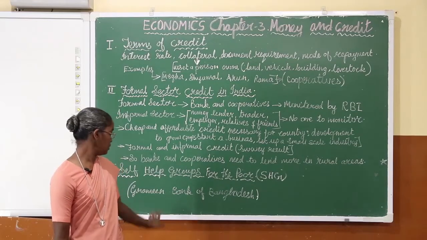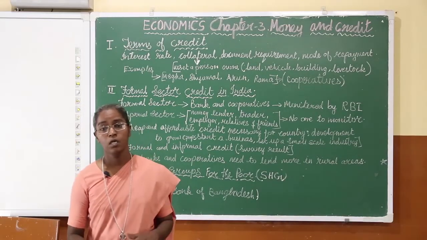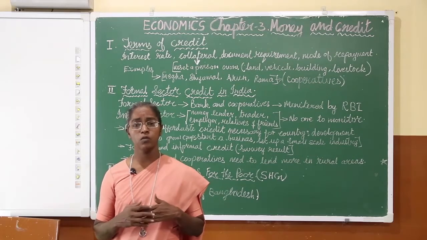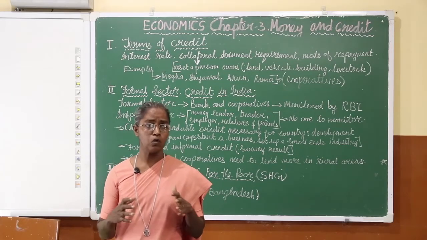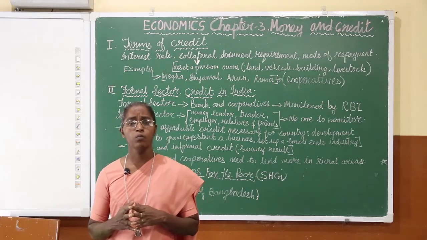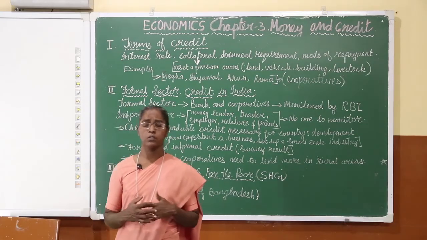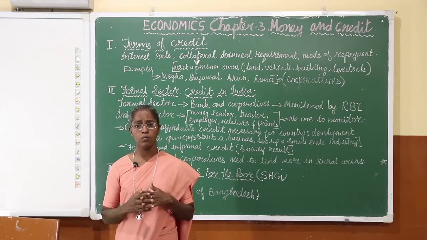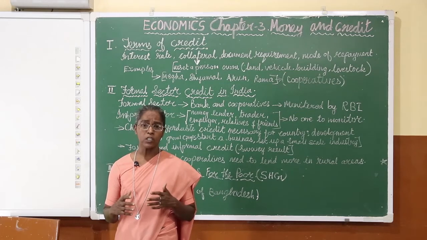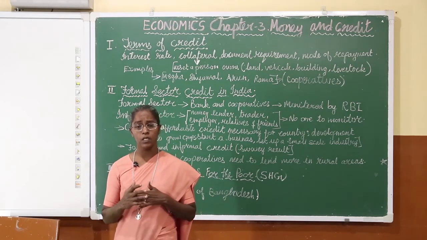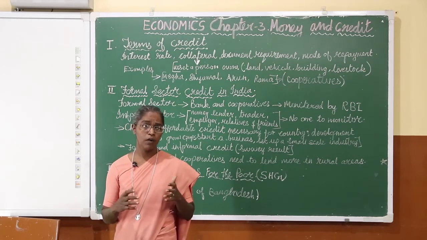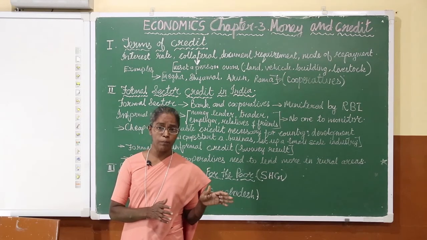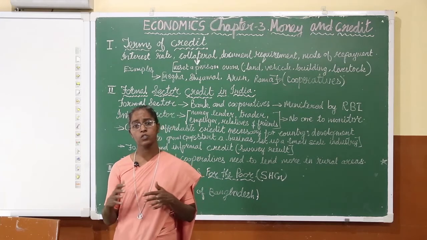And the last point in this is the Grameen Bank of Bangladesh. Now this is one of the examples they have given in this chapter, which became a great success story. You know Bangladesh is a very poor country, and above 60% of people are below the poverty line. Now there was a bank that they established called Grameen Bank in 1970, and when they made the survey in the year 2014, they found that